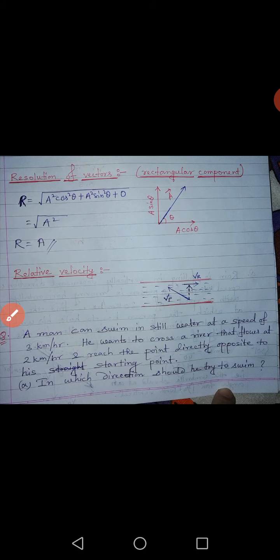But remember that both the components should be perpendicular to each other, and that is why those two components are also called rectangular components. Okay, now how to resolve a vector, or how to divide a vector into two components? Suppose in this figure this is vector A. Here I have drawn this one. This vector A is resolved, or divided, into two components.